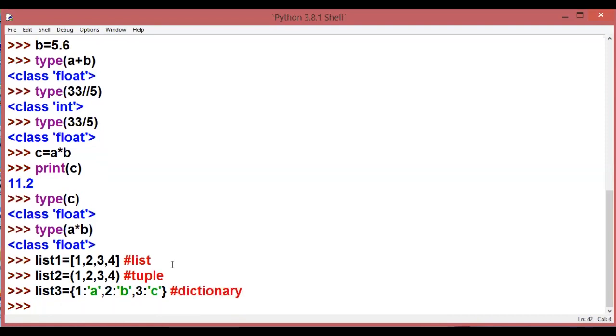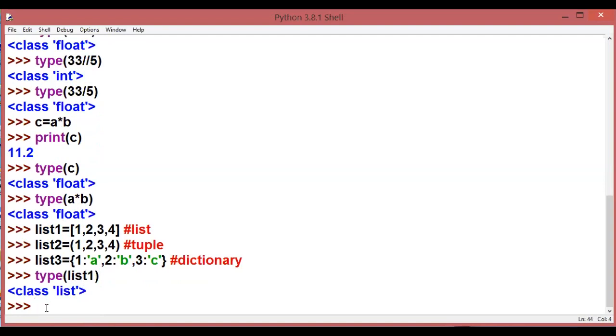Okay. So in my program, I have used multiple expressions. I have done multiple calculations over there. So I don't know what type of values are there in my list 1, list 2 and list 3, and I want to determine the type of that. So what can I do for that? I can simply write type of list 1. Press enter, it is going to return me the value as type list. That means this belongs to the data type list.